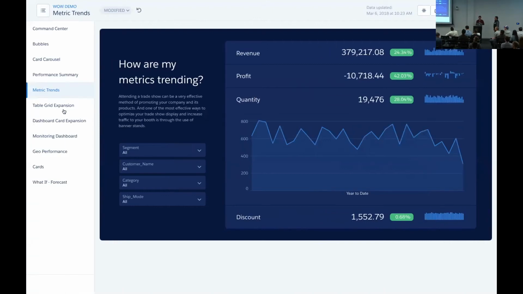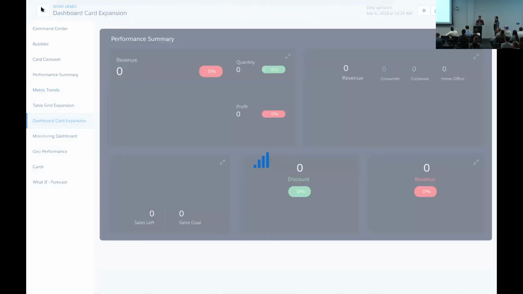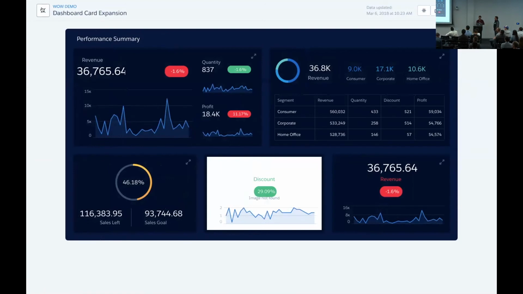I'm going to show you another demo here. The information that is displayed on an app does not have to be uniform throughout. I mean, you can see here there's a couple of different examples, right? There's a line chart to show trending, a donut chart, and then some basic numbers, a matrix, and even a table. So these are displaying the data in various ways to answer different questions. And again, this is high-level data, but we can drill in